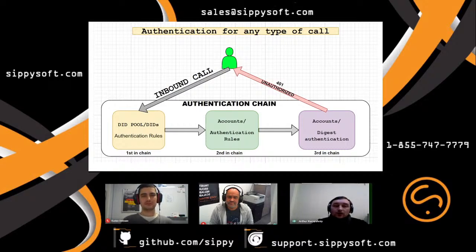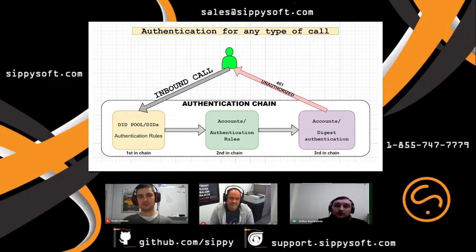So it checks all authentication rules under the DID pool section, and if everything was checked and the matched rule not found, the system moves to the next step in the chain that you see on this screenshot, and the next page is our accounts page, and the system tries to find a suitable rule in the authentication rules section.